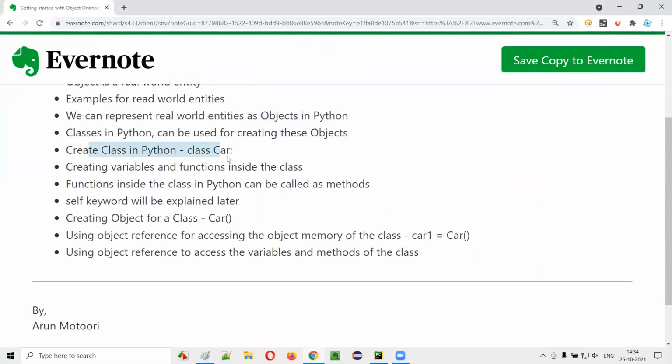Under the class, we can create variables and functions, but functions created under the class are called methods, whereas functions created outside the class are known as functions only.